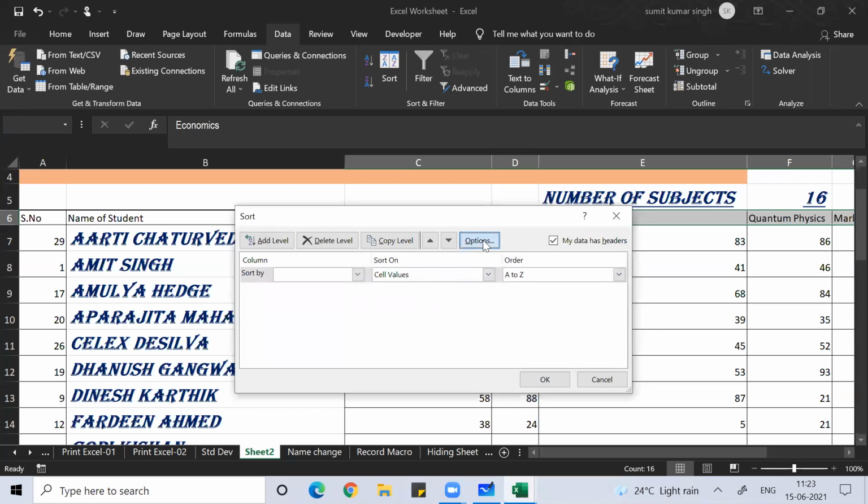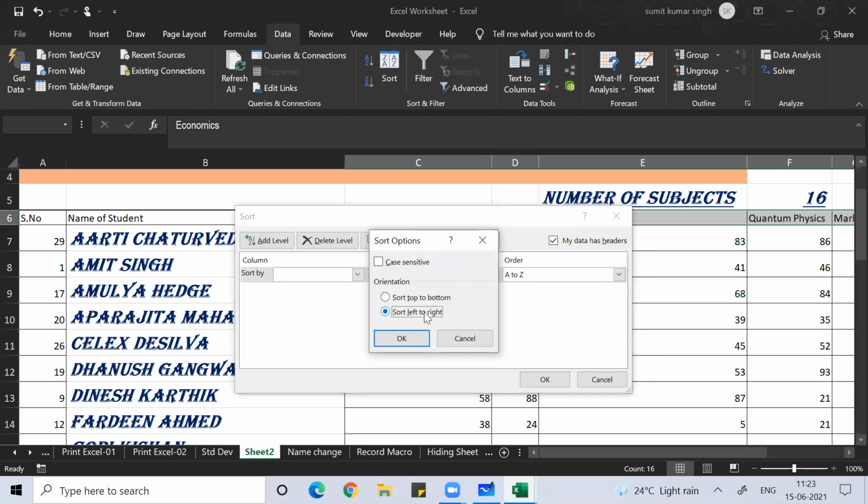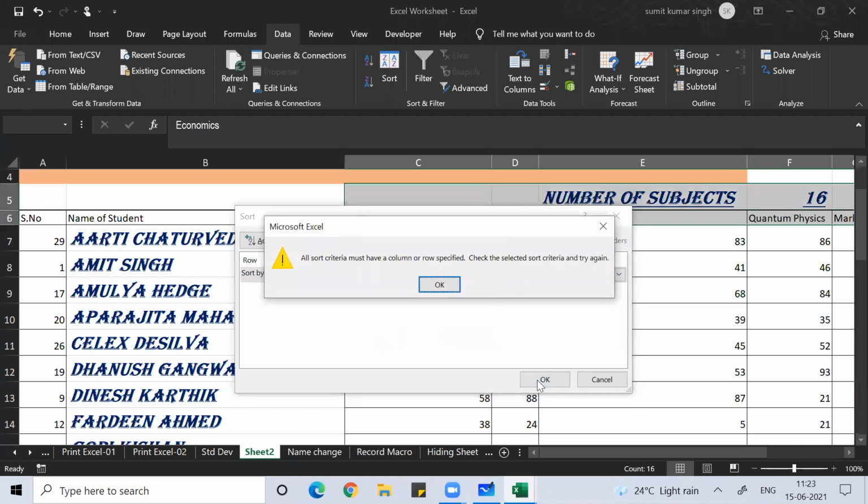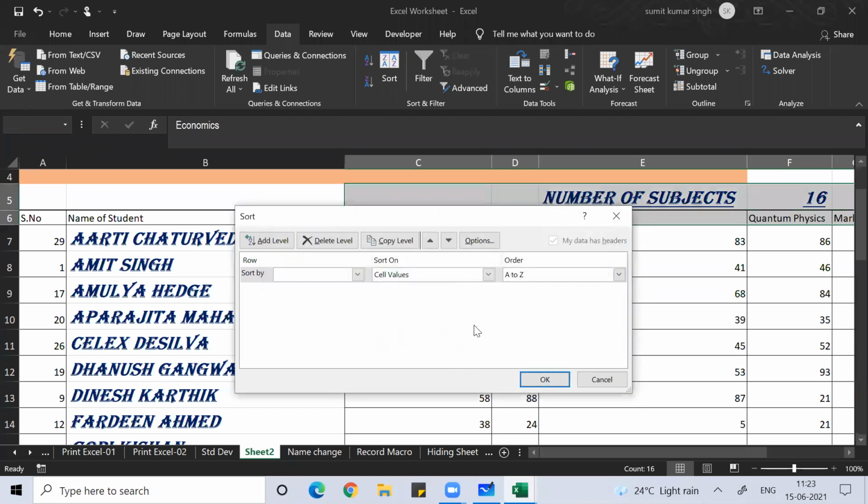For that, you go to Options. Under Options, click Sort left to right, and then press OK. Which row is this?